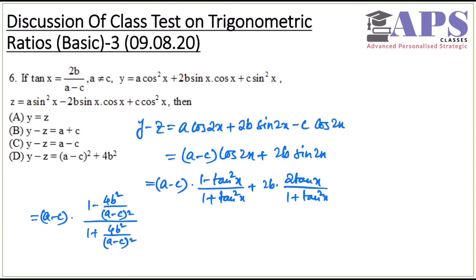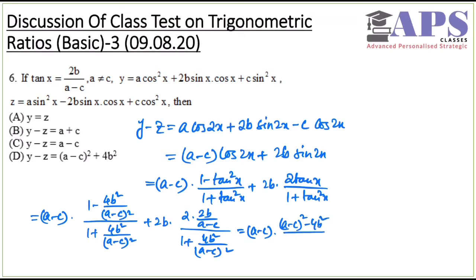Okay, plus 2b into 2 times 2 into 2b by a minus c divided by 1 plus 4b square by a minus c whole square. That's a big expression, but here we can simplify it. First one will be a minus c into a minus c whole square minus 4b square divided by a minus c whole square plus 4b square, plus this one will become